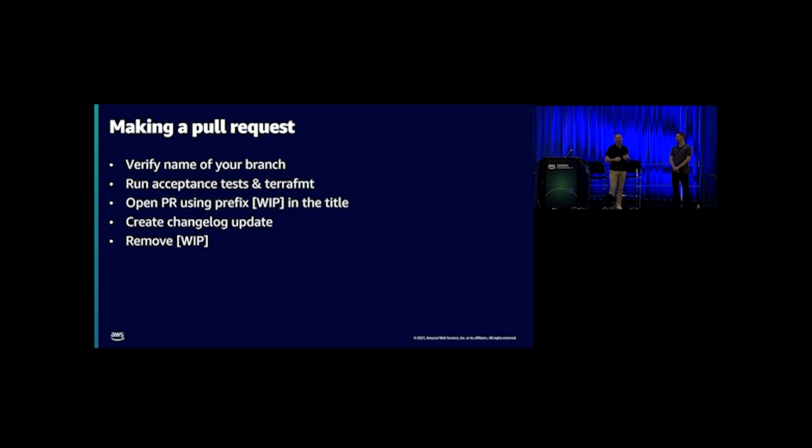Opening the pull request with work in progress, as you said, is super important. That signals that I am ready to have some review and community feedback, and you're open to it. Then you create a changelog update, which gets done after you make the initial pull request. The changelog update's file name is the number of the pull request, so you must create a pull request before you create a changelog update. That was confusing to me, but it makes sense. They actually aggregate all those up automatically to create a changelog. And then I remove the work in progress. So that's the normal process I go through.